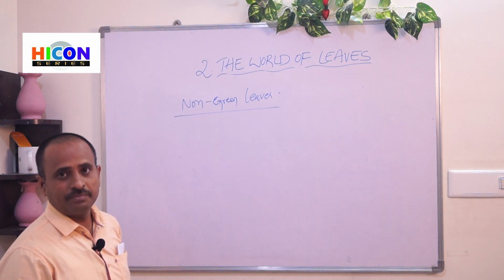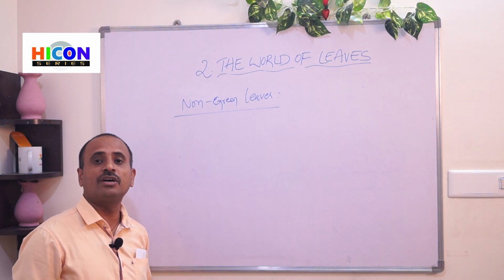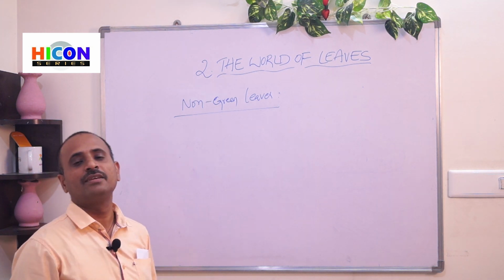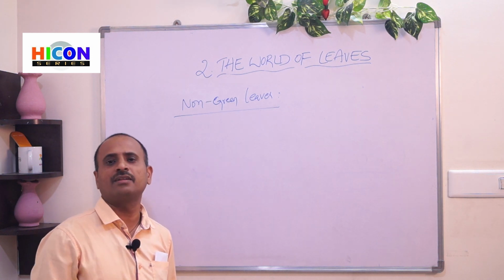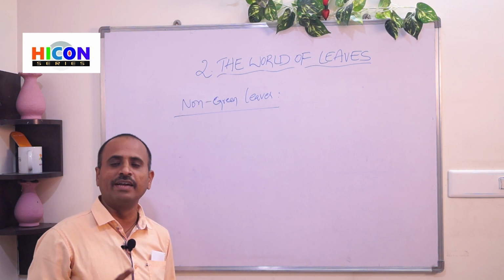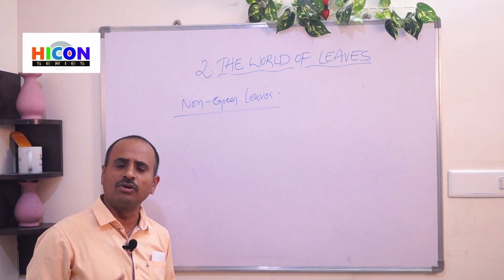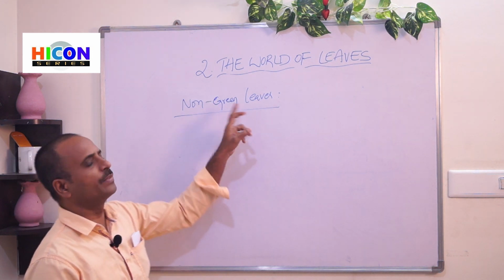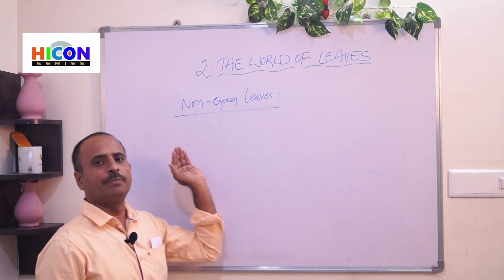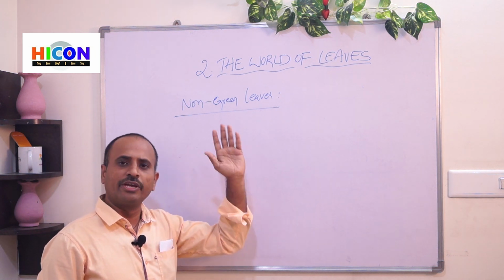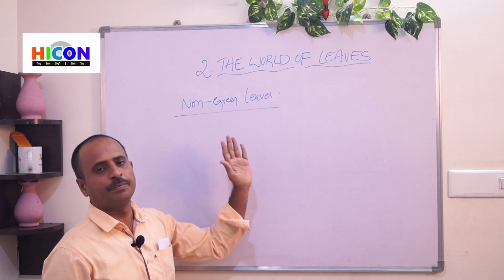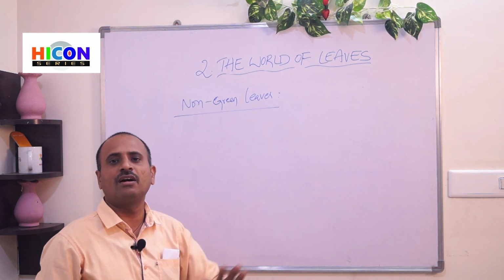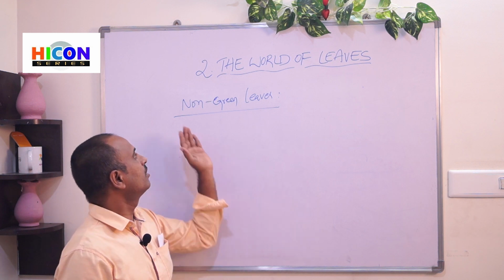But some plants have leaves which are not green in color. Generally we can observe some plants with leaves in red color, yellow color, white color, etc. So how can those leaves prepare their food? How can the non-green leaves prepare their food? Leaves can prepare their food only when there is chlorophyll. Chlorophyll is present only in the green colored leaves. The non-green colored leaves do not have chlorophyll, then the non-green colored leaves